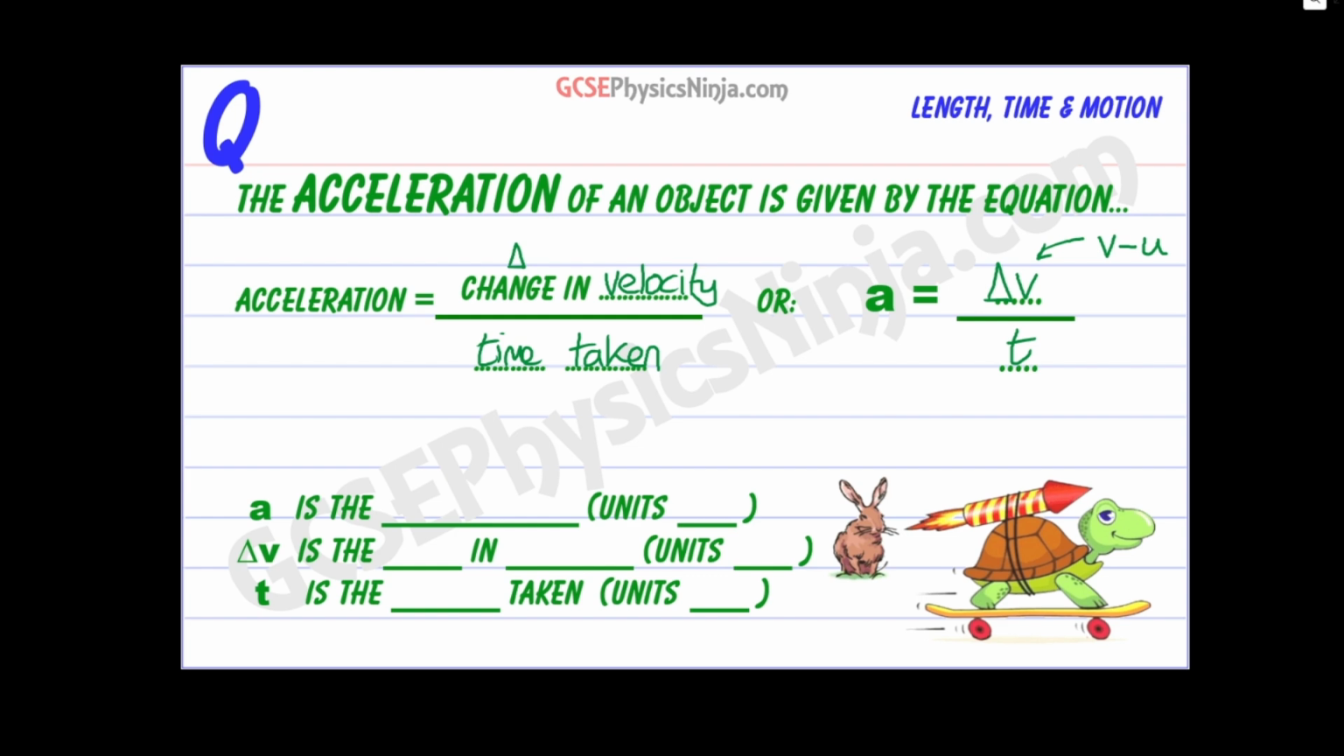So let's take a look at these symbols. a is the acceleration. The units of acceleration are meters per second squared. Now, what does this mean? Well, if we had, for example, a situation where an object was increasing with 3 meters per second squared acceleration, so it's increasing in speed, then